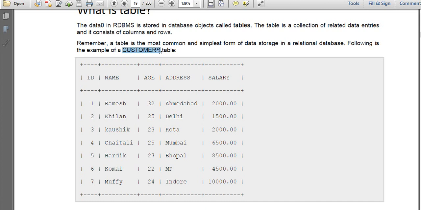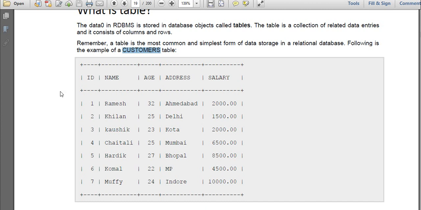For example, if you open your RDBMS book, you will have the complete information related to RDBMS. If it has some information related to accounts, is that book perfect? No, right? An RDBMS book must contain all the information related to RDBMS only. It shouldn't contain information from any other subject. In the same way, if I have a table of customers, it must have all the details related to customers, but it doesn't contain any details related to a student.